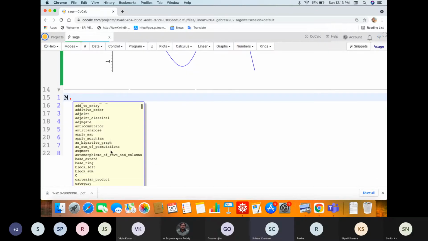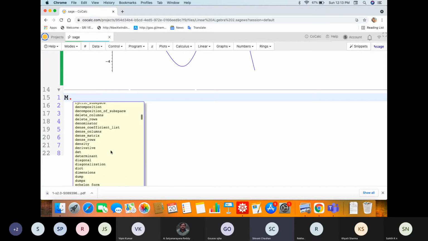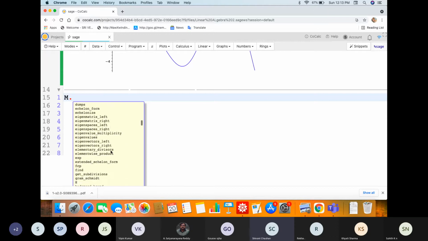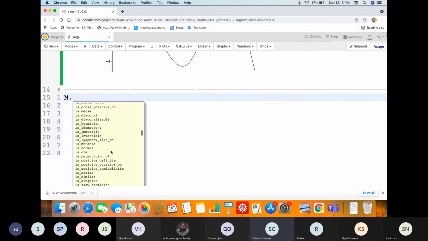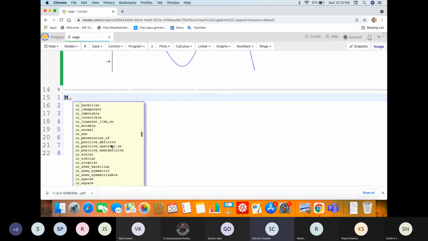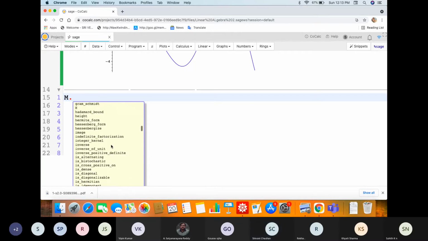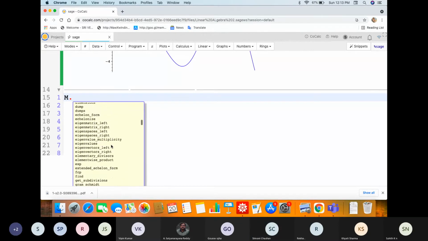Here you can see the list, it will give you all possibilities, eigenvalues, eigenvectors, everything related to your matrix, whether the matrix is symmetric, invertible. So let us pick one and see. Let us say eigenvalues.